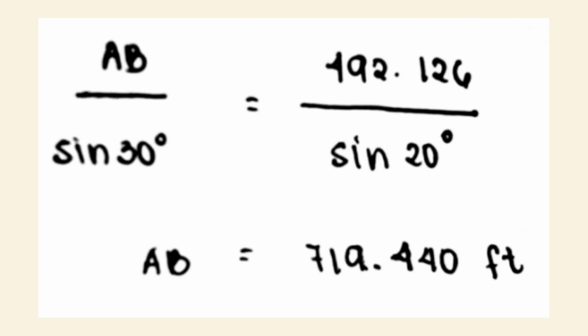So solving for the length of AB using the sine law, we have AB over sine 30 degrees is equal to 492.126 over sine 20 degrees. Solving the equation, we have the length of AB as